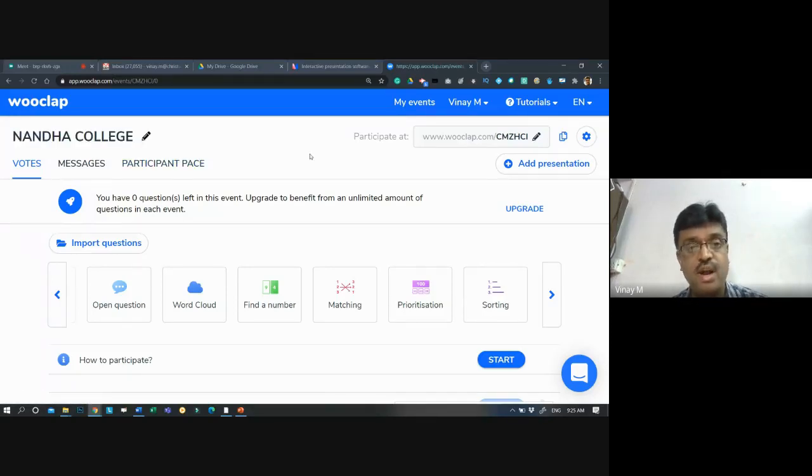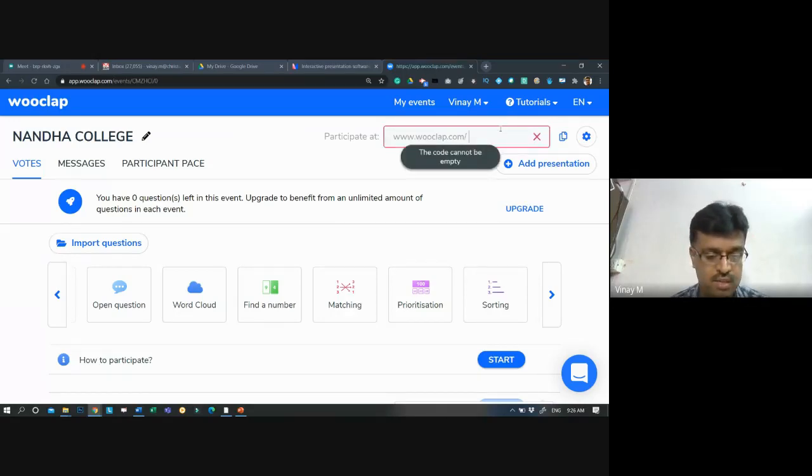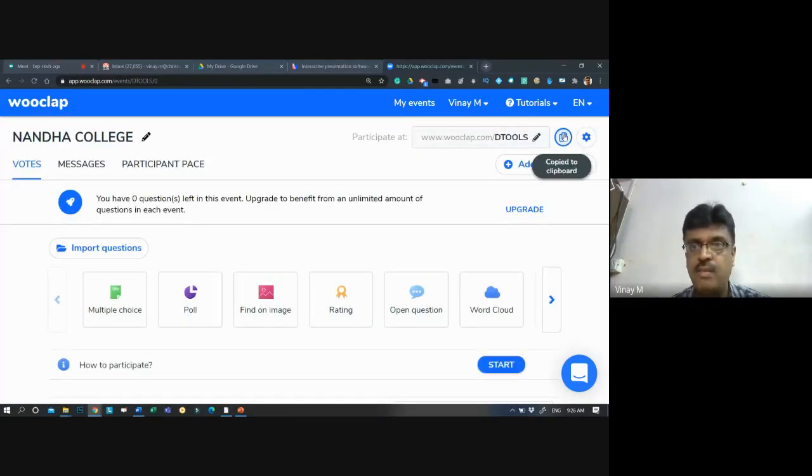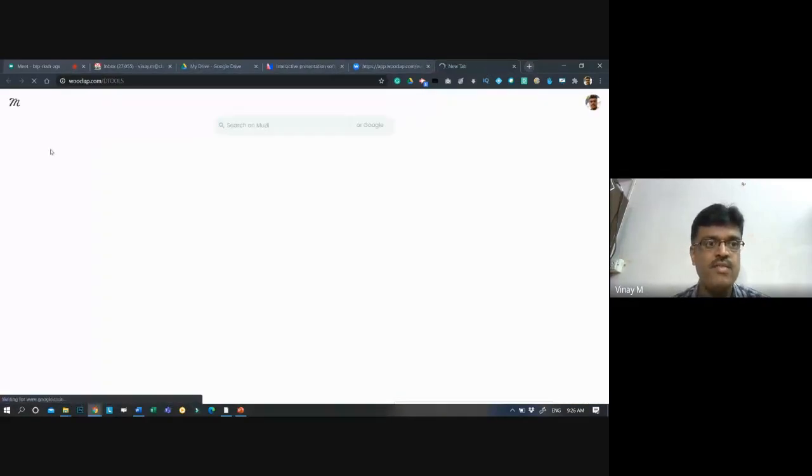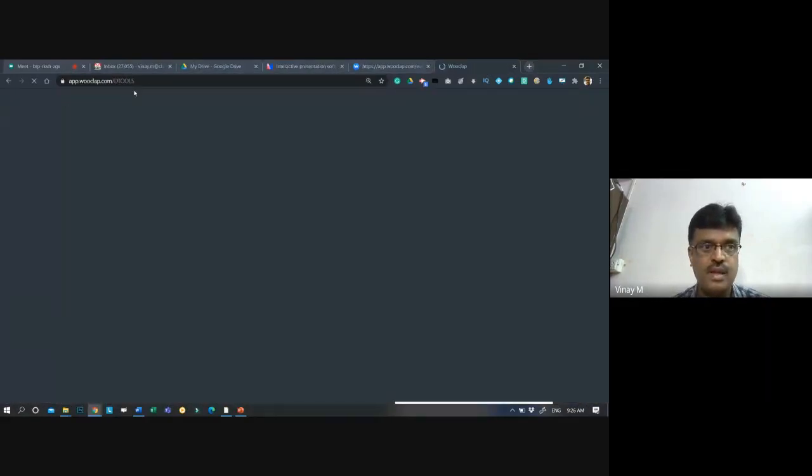But what is the code you enter? How will the user work for this? Like mentimeter.com and menti.com, here is WooClap, wooclap.com for a student, and here is the address. See, I can generate a link right now itself. Say, for example, I can give here my subject itself. I can give, say, digital tools. D tools is the name. See, I can select this address and it is done. That means anybody can use this and they can participate in this if they are able to join with this. app.wooclap.com/dtools will give me an option to start with this when the user presents.